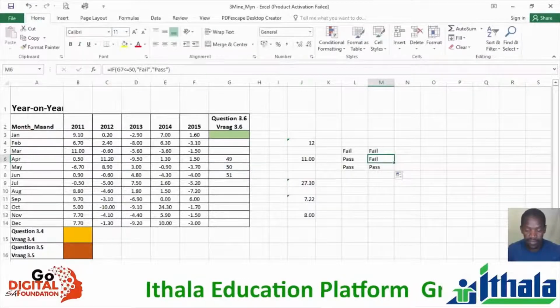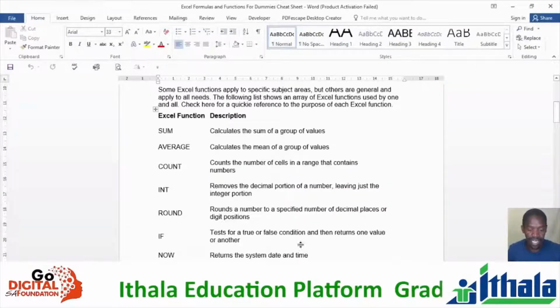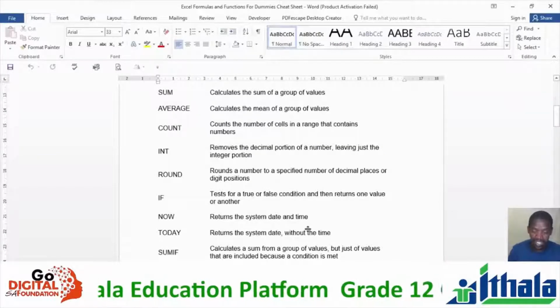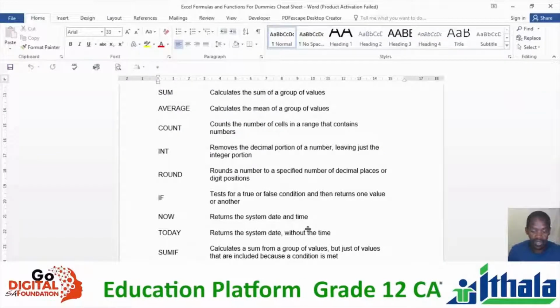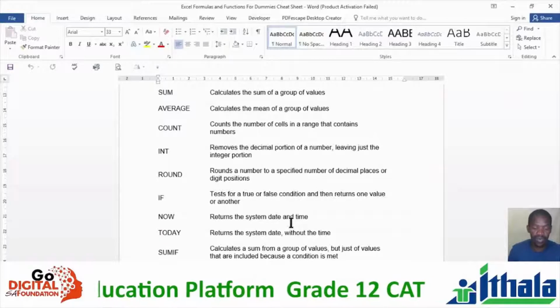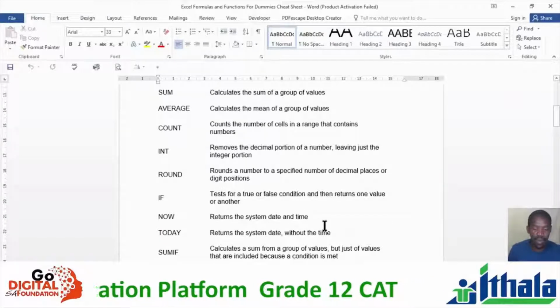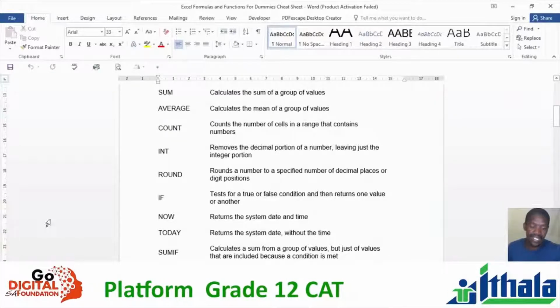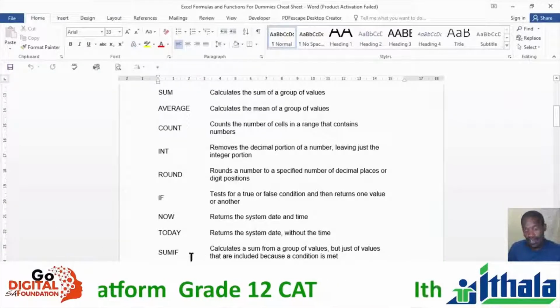But moving on, we have now. So now today now futhi ke sebenza depending what your set date on your computer is well. So now will actually give you date and time, while today will give you usuku kuphela. And let's see how sum if. Now sum if